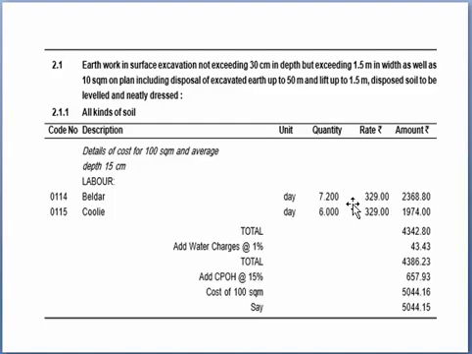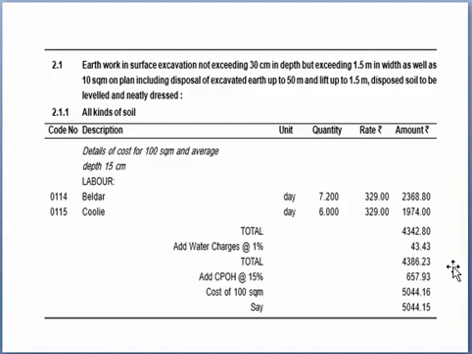So the amount of Beldar is 2368.80, and the total amount of the coolie is 1974.00. So adding this, it is 4342.80. We will add water charges at the rate of 1% because water will be used for this excavation work. So the 1% component is 43.43. Then adding up, it will be